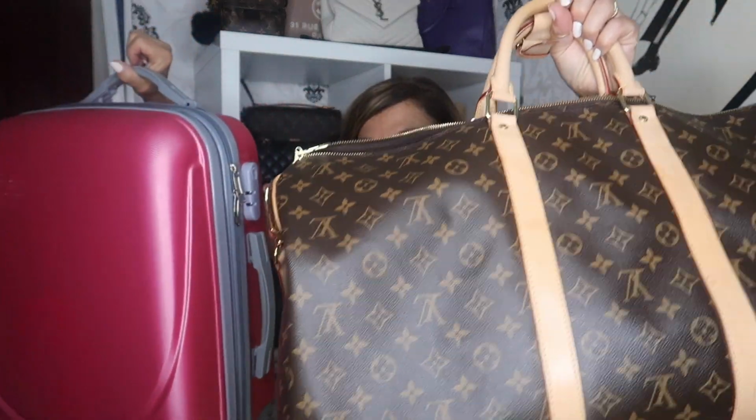But yeah, these are equivalent in size, and yet this fits more. And it fits more because it's not structured, because this is structured. So yeah, for me, it's the Keepall 55 all the way with every penny. So before I show you what the bag looks like on my 5'5" frame and a UK size 10, let's